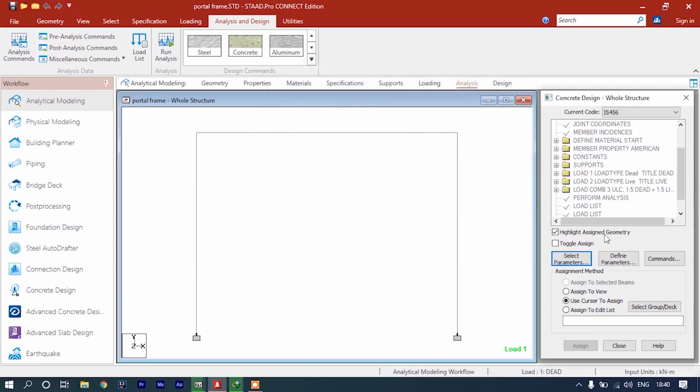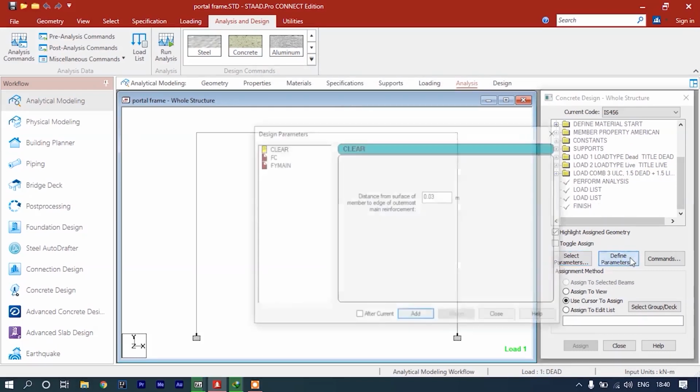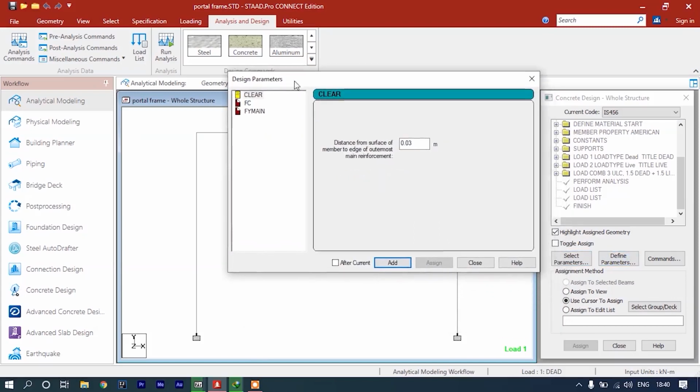Now when we click on OK, these parameters are not assigned here, but we have to define these parameters. So go to define. Now we have to specify the clear cover, give a clear cover of 0.02 meter and click on add.